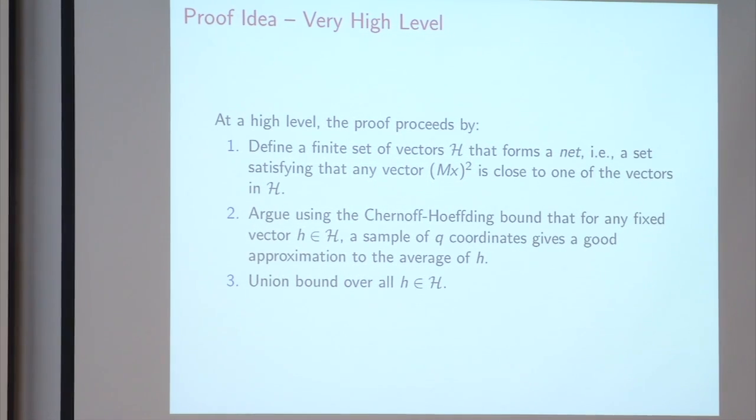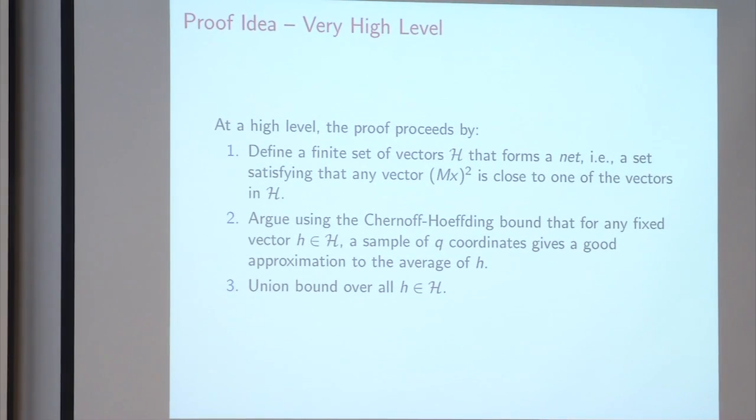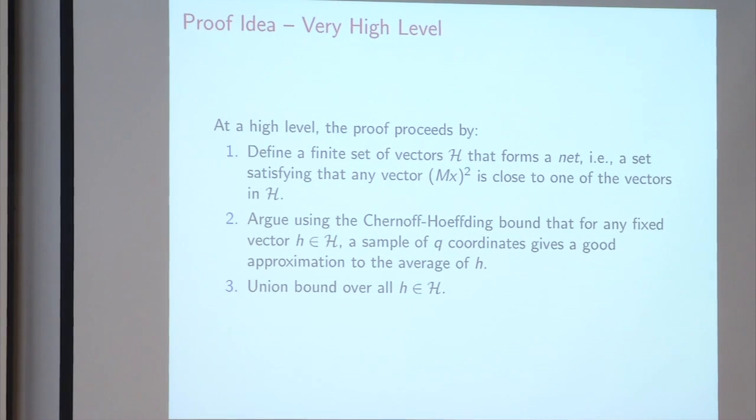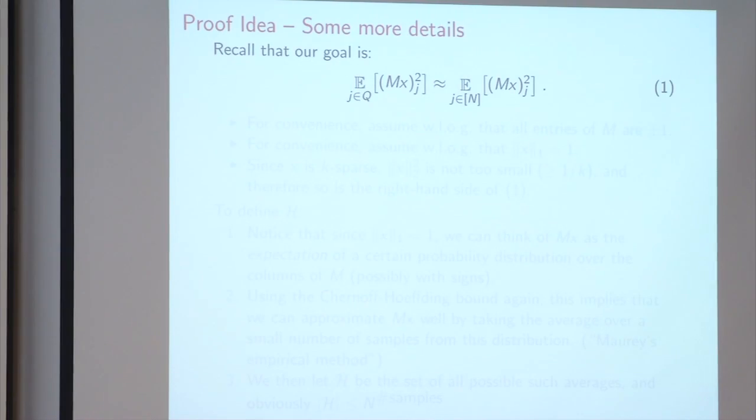Okay, so this is very high level. Now let's try to go into the proof itself. And again, let me summarize. If you lost me so far, you can come back now because recall this is what we want to prove. We have this matrix M, this Fourier matrix or this flat orthogonal matrix. Our goal is to show that for all k-sparse vectors x, the expectation of the coordinates of Mx squared